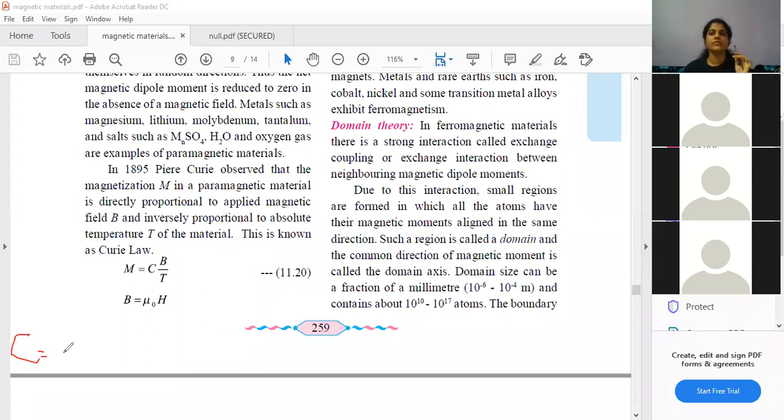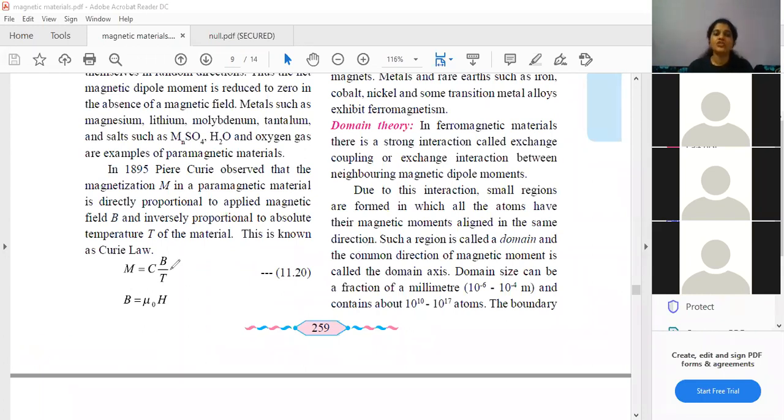Material specific Curie constant. Okay, capital C means over here it is some constant value which has occurred because I removed the proportionality sign. That is obvious. But what is that capital C? Capital C is nothing but material specific Curie constant, so it is different for different materials. There might be some chart where they have given all the values, but you should know what it is.